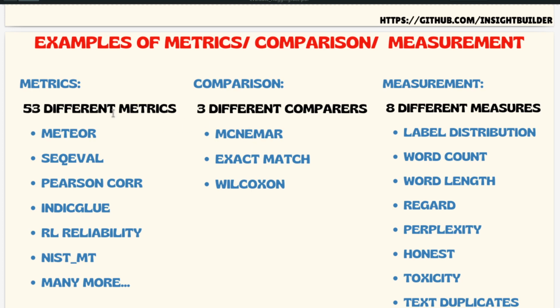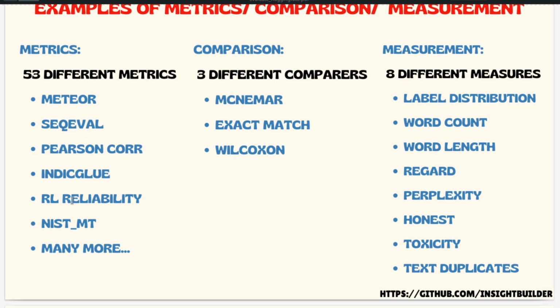As I was telling, when it comes to metrics, there are almost 53 different metrics. These are examples that I'm showing here. There are different types of correlation metrics, there is sequence evaluation, and there is Meteor. We have comparison metrics like McNemar. These are comparisons between models, not just two parameters. It's comparison between models, but depending on how big the model is, how fast they provide the inference,